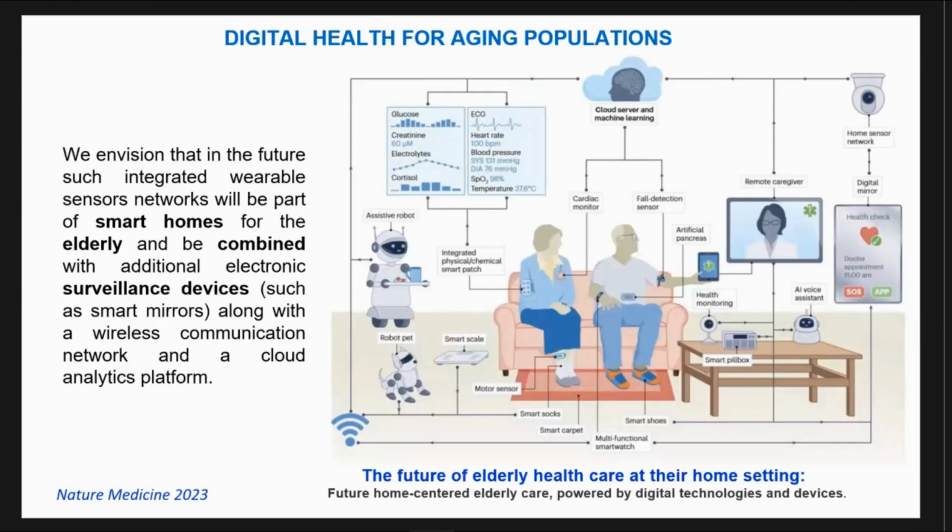look at the chemical sensor. This is the glucose, this is the vital, but also having mirrors, all the cloud and smart robot system and social robot for a really future of elderly care, as you can see in this big review in Nature Medicine. So it's not only the sensor, the big cloud for processing this big data combined with other surveillance for future healthcare and